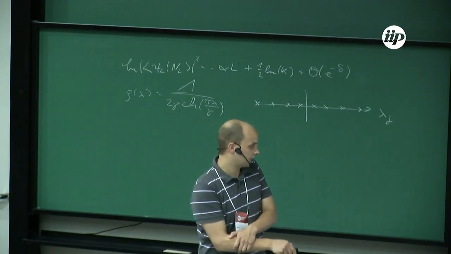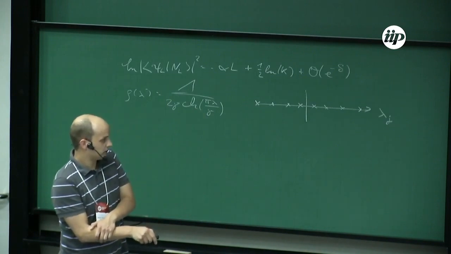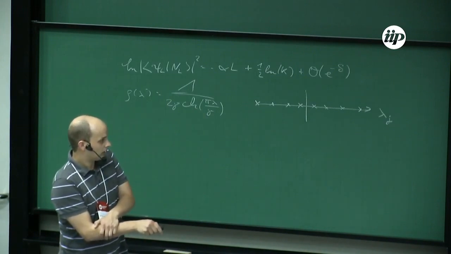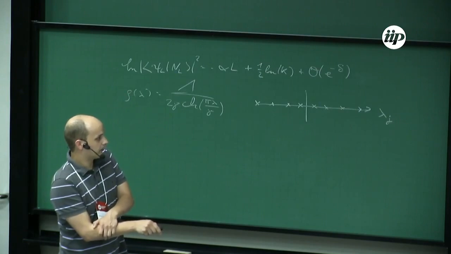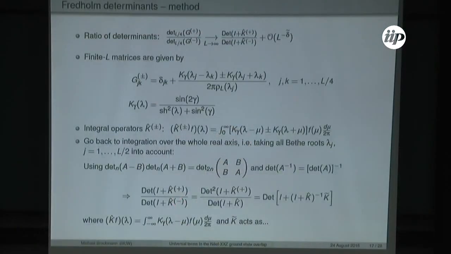And this is a very useful relation, which can now be used to also take the negative beta roots into account, by expanding this ratio in a certain way. And then we also use the fact that the determinant of the inverse is the inverse of the determinant, and so here the ratio of the two determinants can be written as a determinant of the identity operator